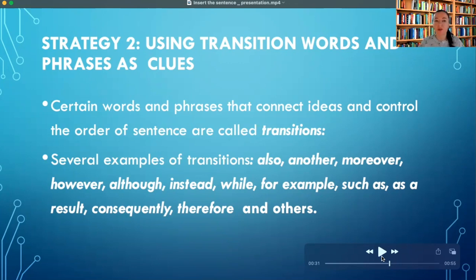So these words are called transition words. Sometimes they're also called linking words because they connect the ideas in the sentence or link them. And also, you can say that they control the order of the sentence. Let's have a look how we can use transition words and phrases as our clues when answering insert the sentence